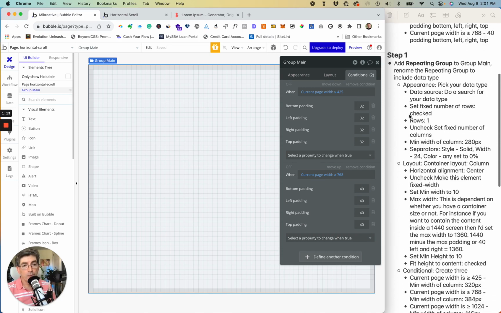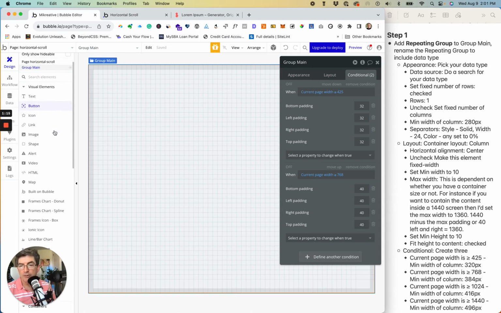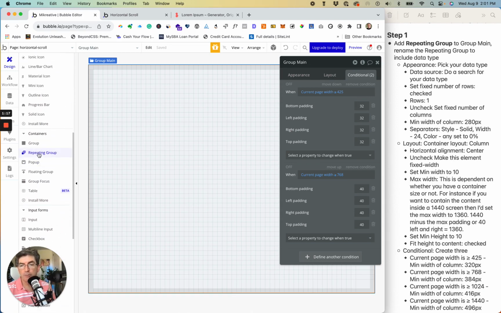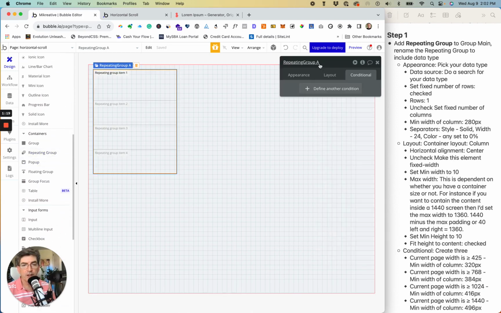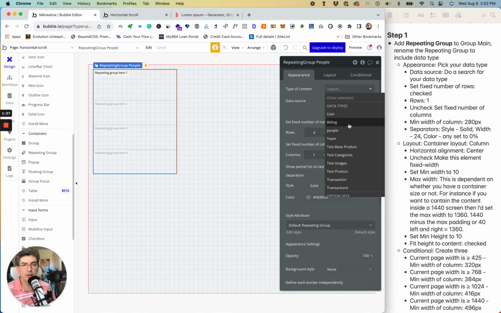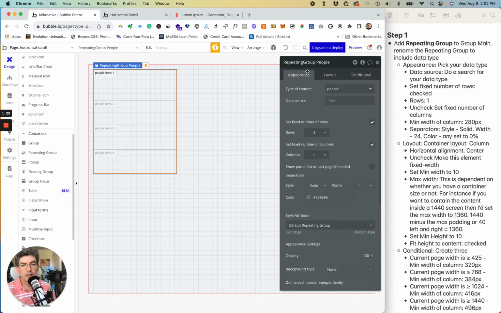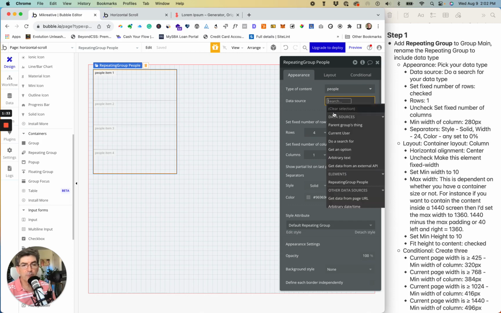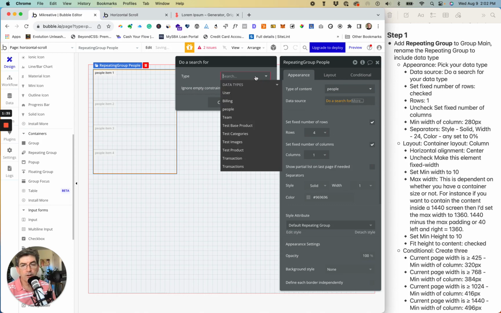So now we're on to step 1, which is the repeating group. So let's take the repeating group and drag this on. And I am going to call this the data group that I am using, which in my case is people. So I'll go to the Appearance tab. I'm going to select the type of content of people, do a search for people,